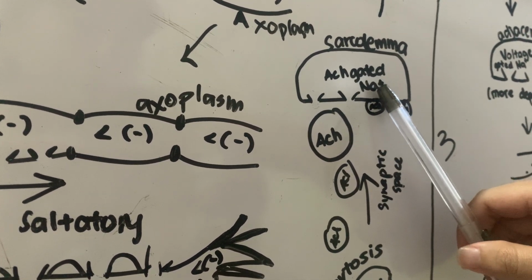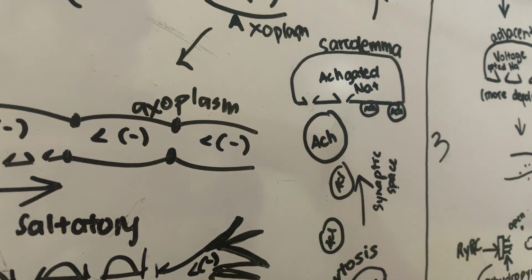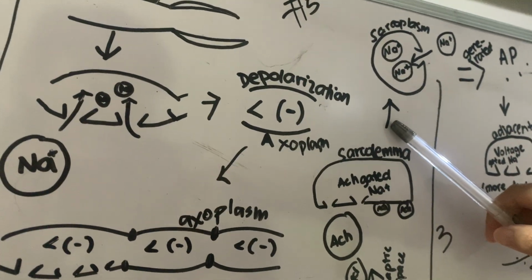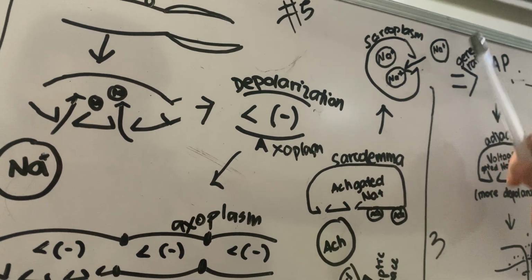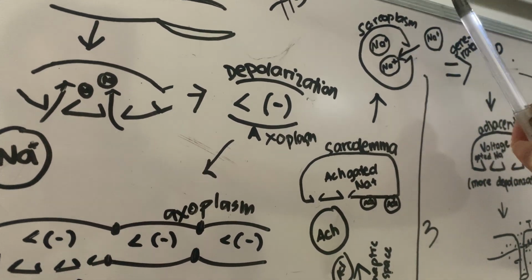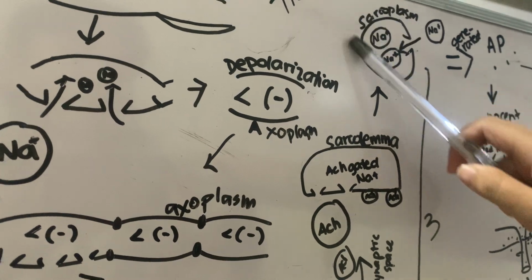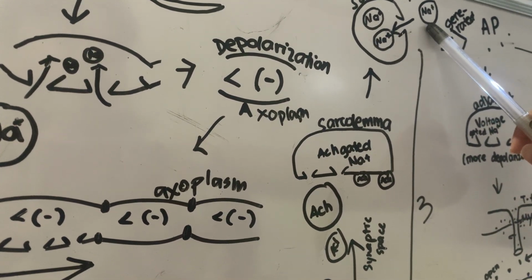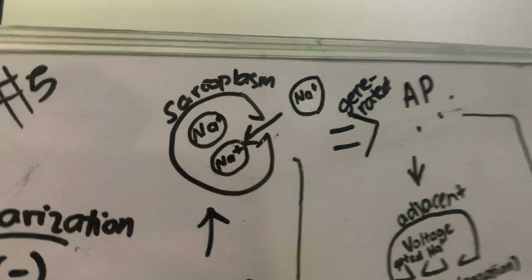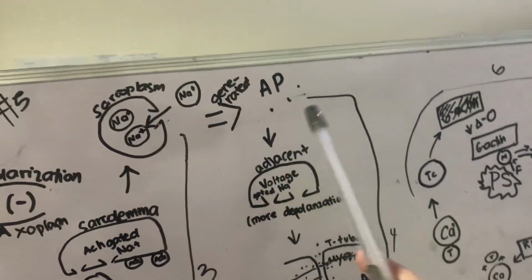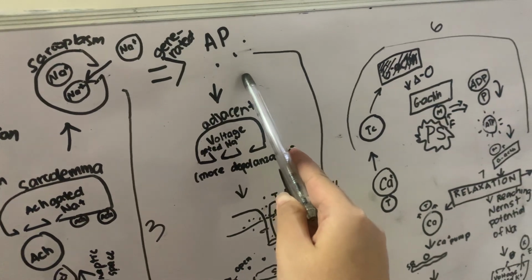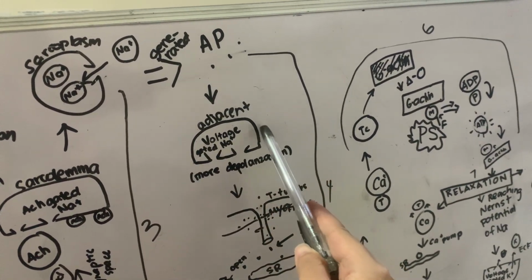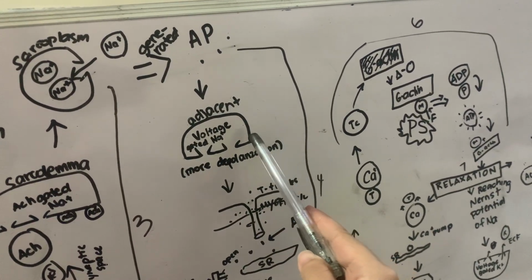acetylcholine-gated sodium channels of the sarcolemma, and it will open the voltage gated sodium channel of the sarcoplasm, and there will be an influx of sodium, and then it will generate an action potential, and the action potential will open the voltage gated sodium channels